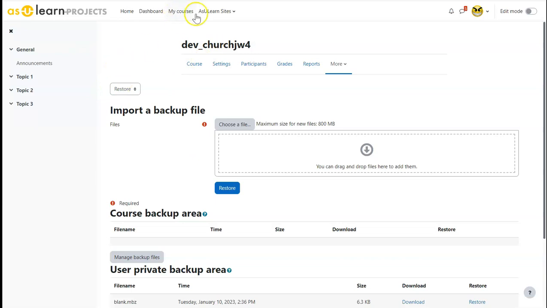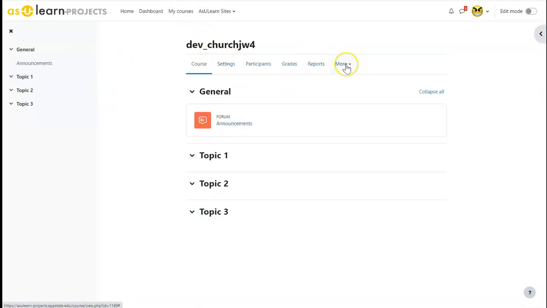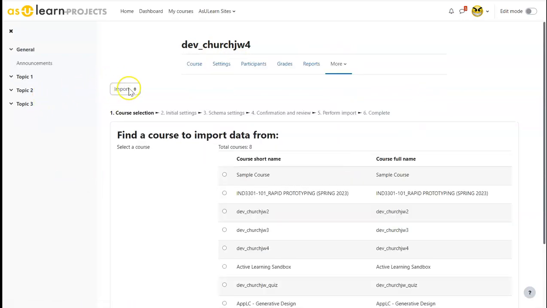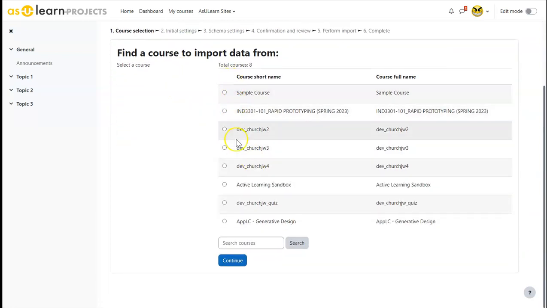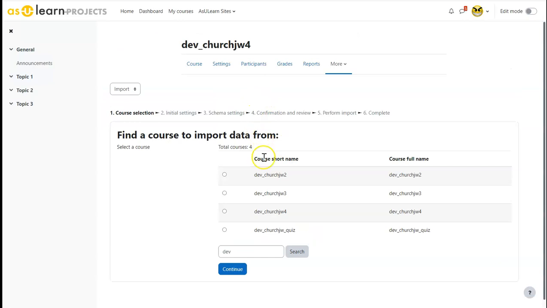From this area, again, I am in a course. I'm going to go to More, Course Reuse. I can also import. Now, this is a blank course, so I want to import data from another course. So I'm going to go down here, and here are the courses I have on the server. If I don't see one of my courses, I can hit search. If you've got a large number of courses, it's going to say, hey, too many to display. So I can search by name. If I do dev and hit search, it'll bring up all the courses with dev. And I'm going to actually use this dev2,